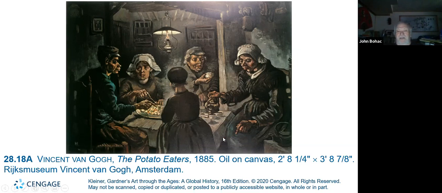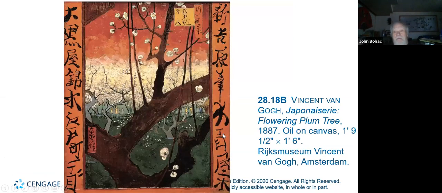Basically, he was, I would say, a failure at being a minister. He identified too much with the poor people and he got in trouble with the bishop. And anyway, he had to find another line of work. And so he just became a painter. And he went down to Paris